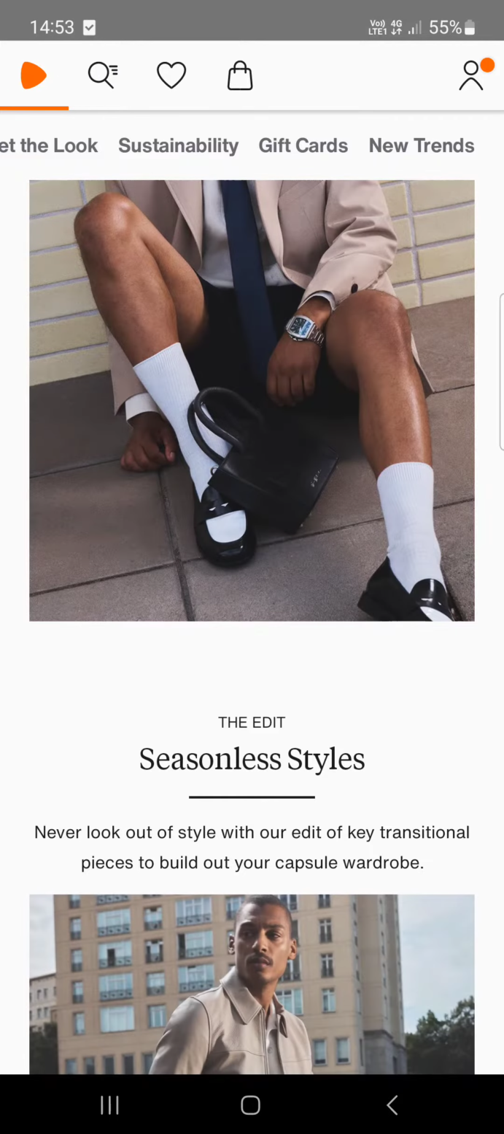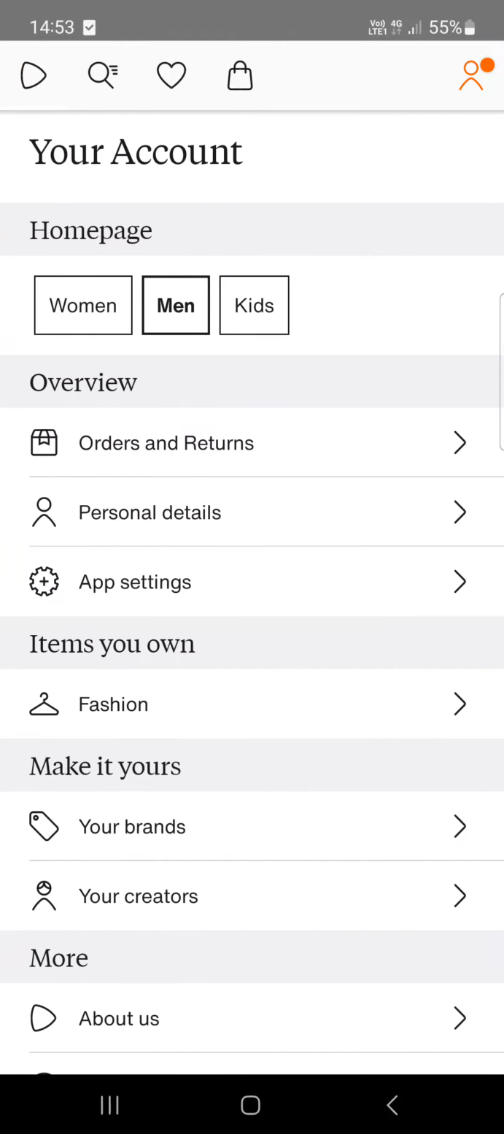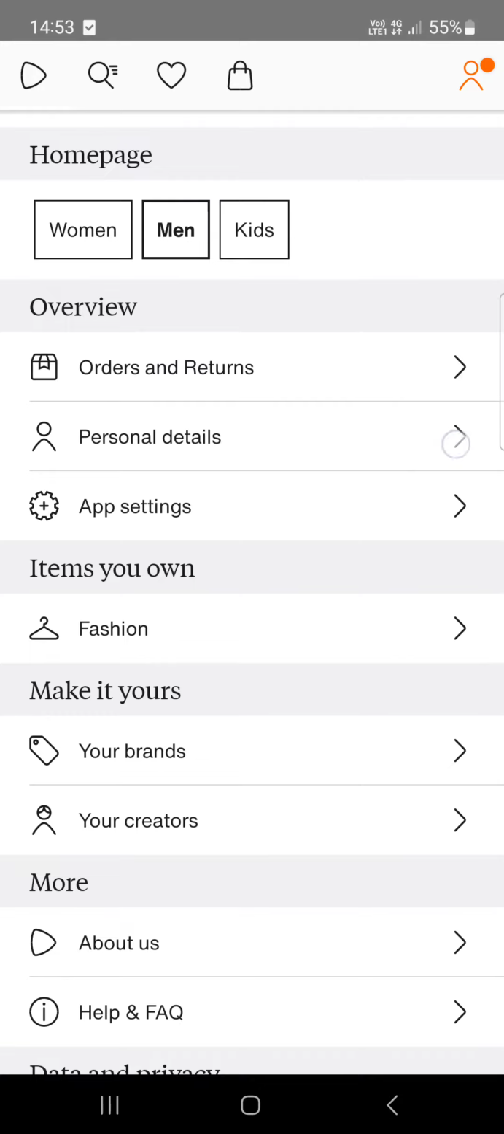In the top right corner, you can find the little person icon, and if you tap on this, then it opens up the profile menu. Here, you have to tap on personal details in the overview category. And if you tap on this, and after it loads,